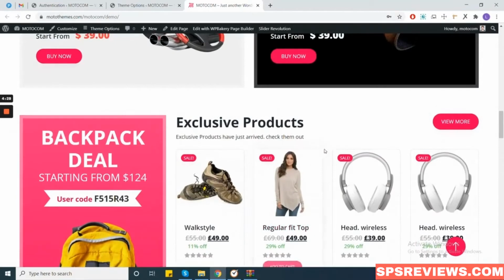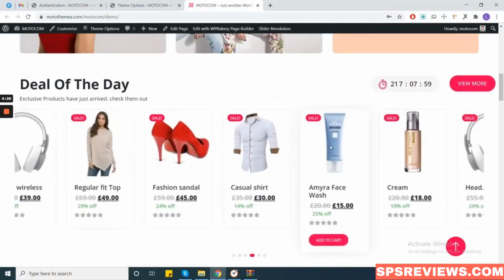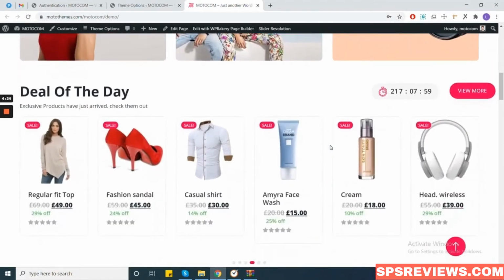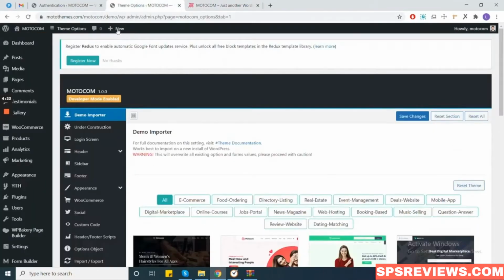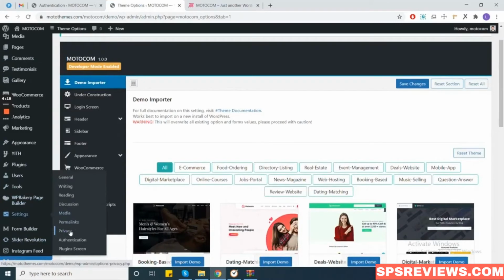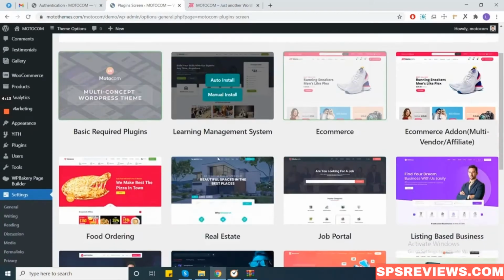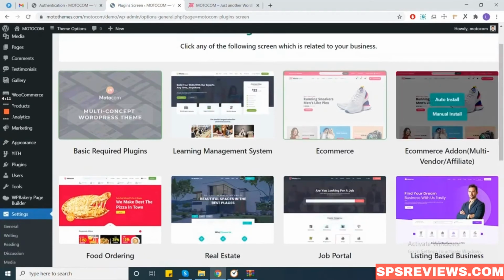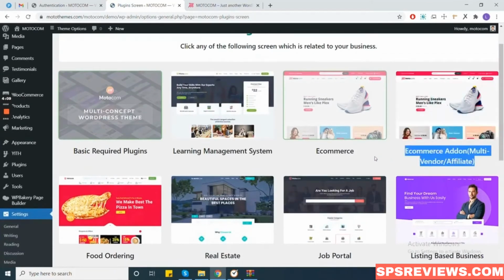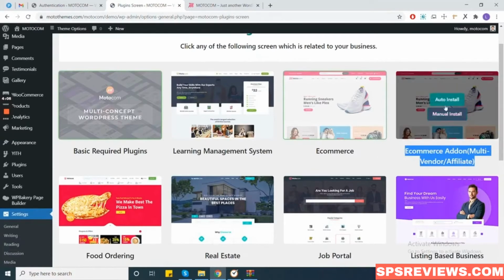Now, if the user wants to make it a multi-vendor site like Amazon, we need to go to the plugin screen, where we can get it from the settings area. Choose the plugin screen option. Now we can choose the e-commerce add-on with multi-vendor and affiliate feature and auto install the same.